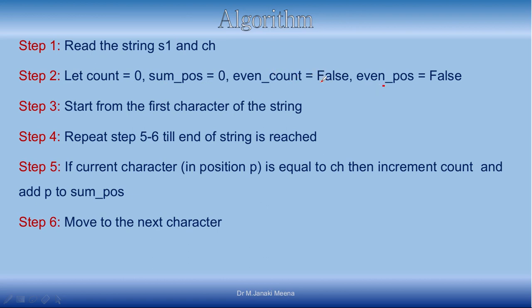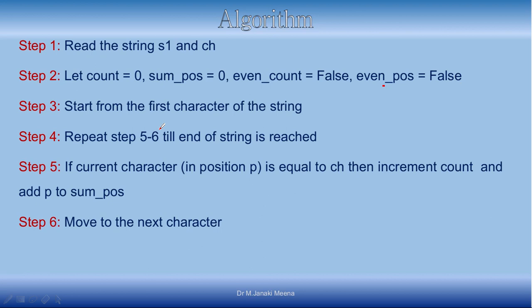Here we are going to have these variables be true if the count of the occurrences of the character is even, then we are going to have this as even. We will have this as true. Initially we think that it is not even, so I am going to have it as false. I think that it is odd. Similarly for even position also I have a Boolean variable and I think that it is not even, so false. And this is an algorithm which is going to say how it should work. The algorithm will not generally be specific to the language.